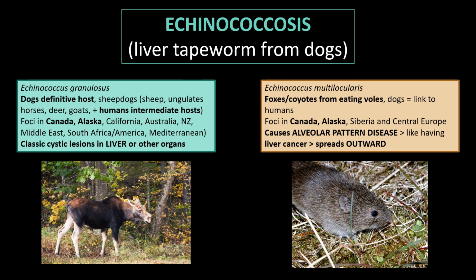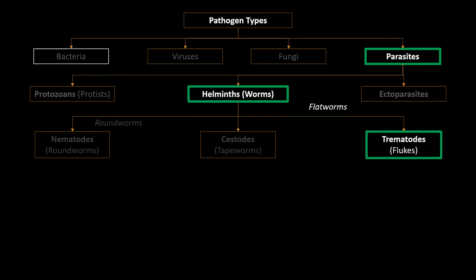Importantly, cysticercosis in humans caused by Echinococcus multilocularis can cause an alveolar cystic pattern. Remember, multilocularis means a multiloculated cyst pattern, which grows outward like a cancerous lesion, causing more problems in humans than granulosus. Now for our last group, we have the Trematodes or the Flukes, which can be divided quickly by separating